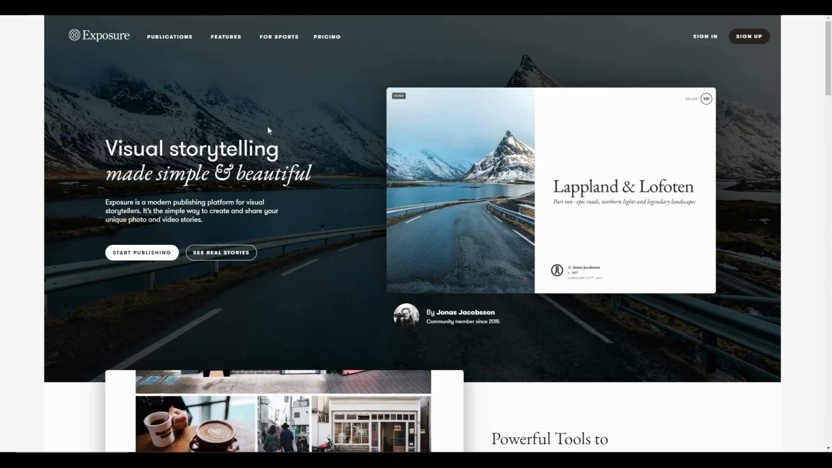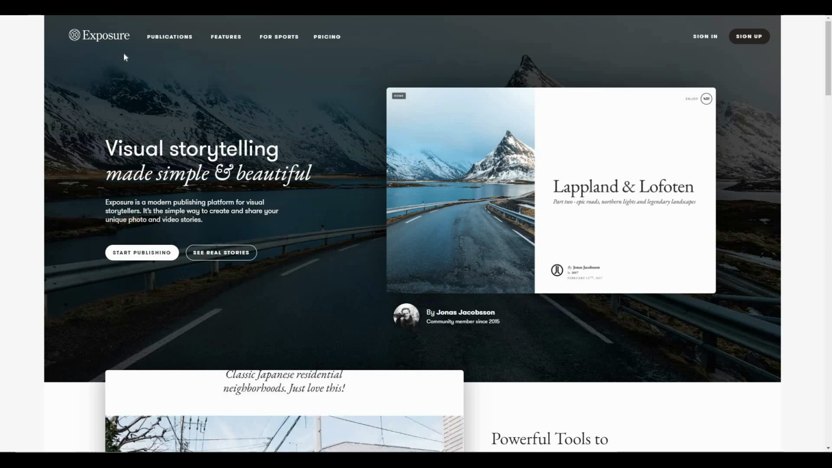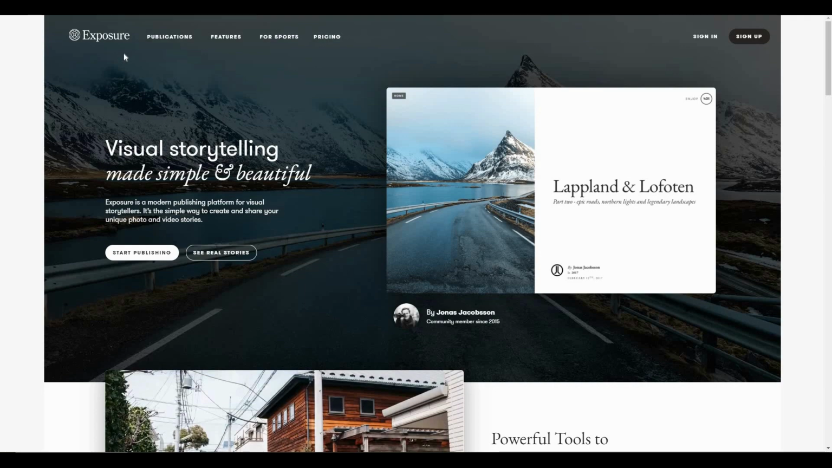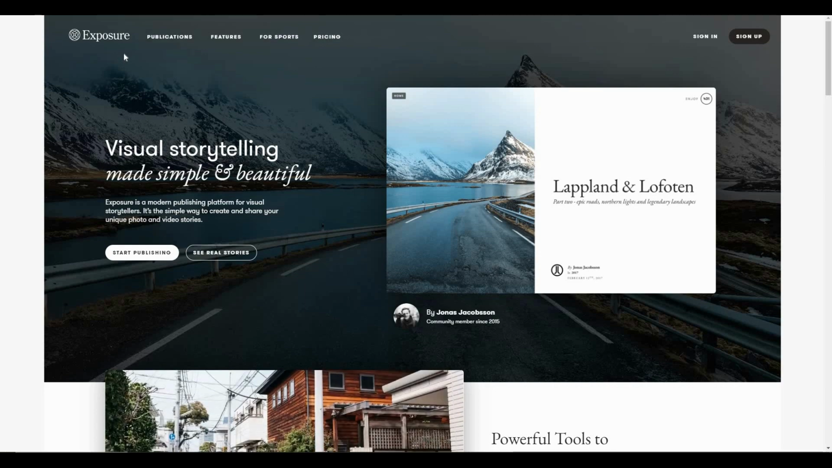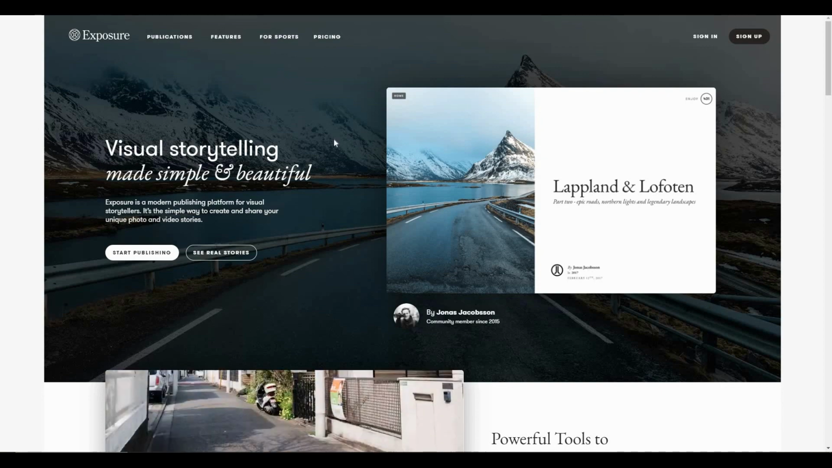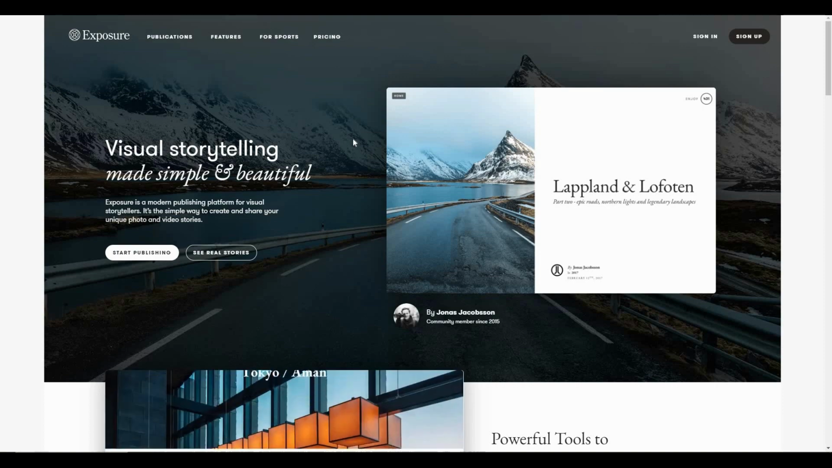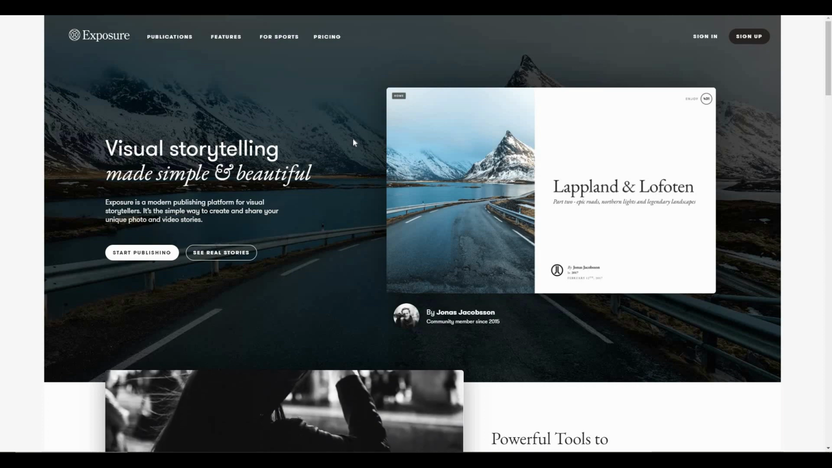I am back with another review and this time it is Exposure. Exposure is a content management system that lets you design your content based on photos. Through this platform, you can upload your photos, showcase your photos, and along with that, you will also tell the stories behind each of these photos, which is a great feature. In simple words, Exposure lets you create a publication based on photos